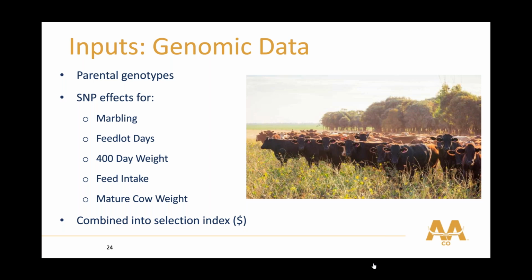So we have them for polled already, but we need them for the other traits that we want to balance polled against. And so the traits in this particular case that we've been looking at are marbling, obviously very important in Wagyus, days on feed saved, that's days on feedlot saved, 400-day weight, feed intake, and mature cow weight. And so we have SNP effects for each of those traits that have been developed within AACo's internal genetic evaluation. And those 5 traits are combined into a selection index, pretty common within the industry,